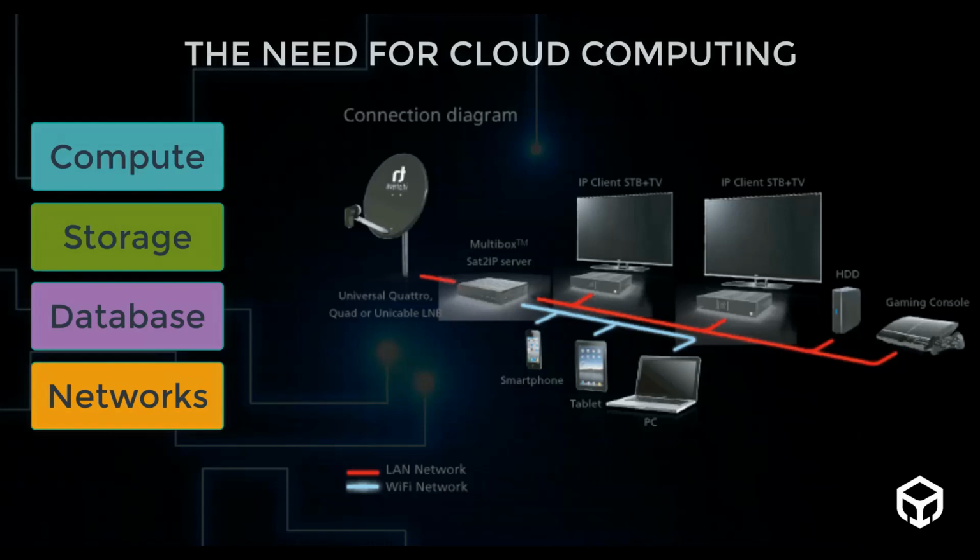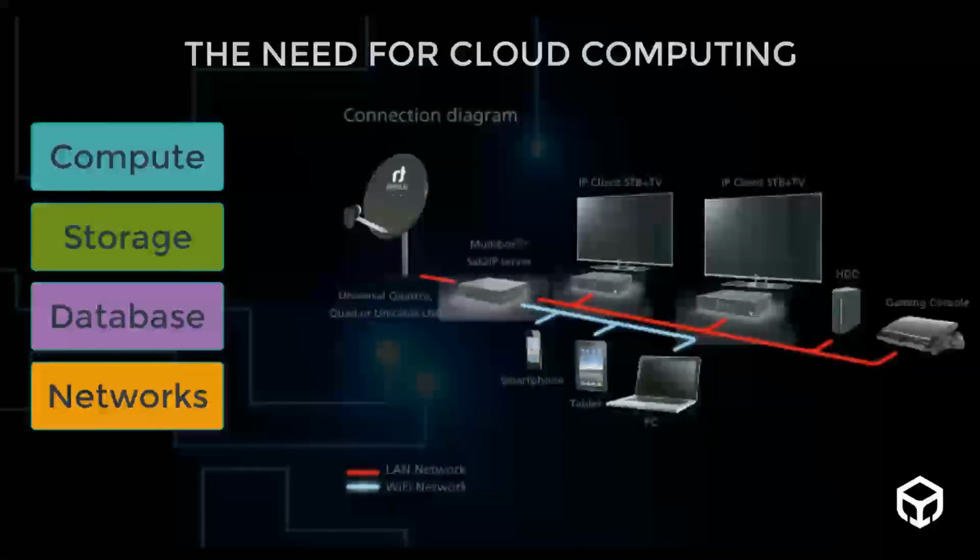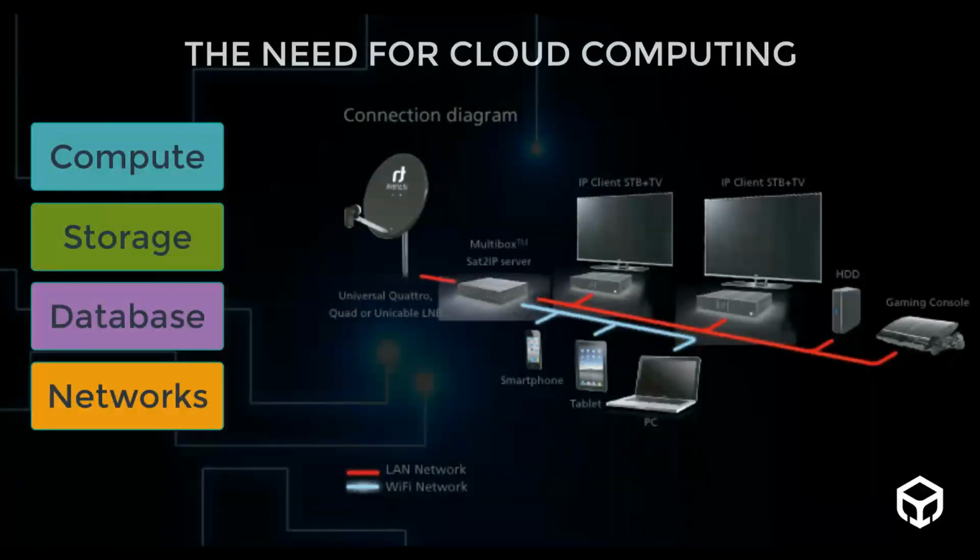So that's really an oversimplification of how it works. Remember that it's at a very basic level. We all need networks to be able to communicate. So this might be your home network, this might be your office, or this might be Facebook itself. Inside each of these, we've got a separate network, and all of these networks are able to communicate with each other over the internet. So inside every network, you've got these basic components like compute, storage, database, and networking.